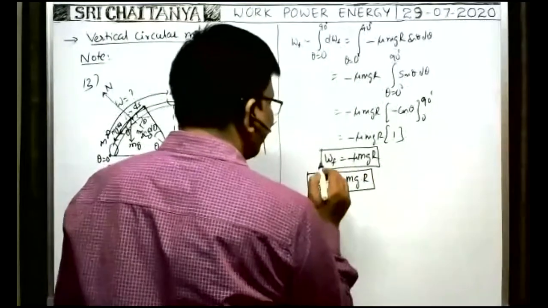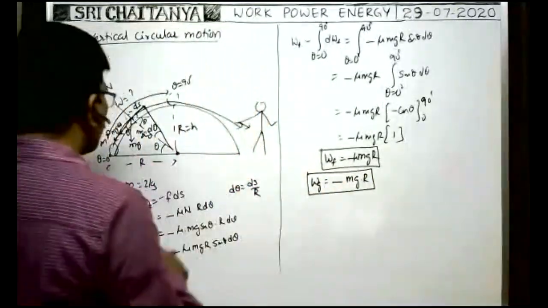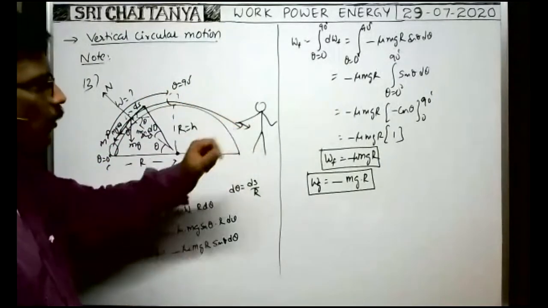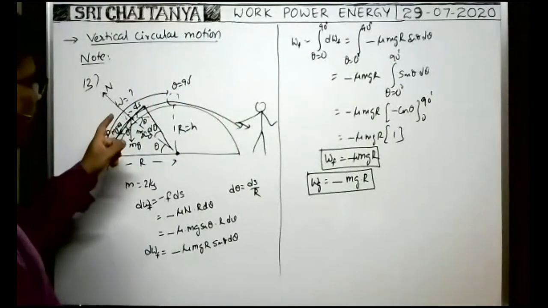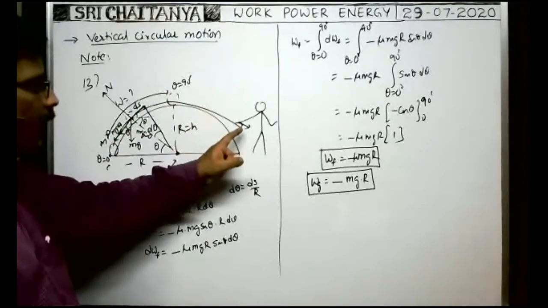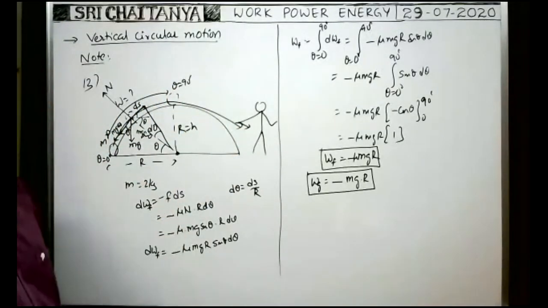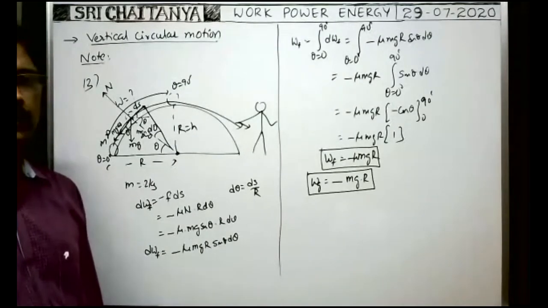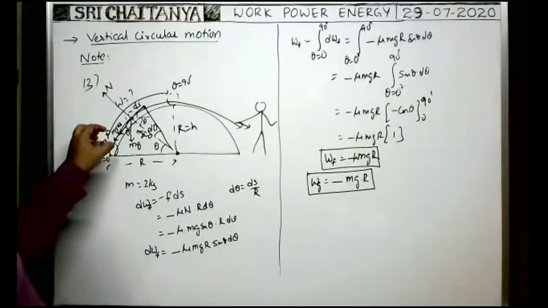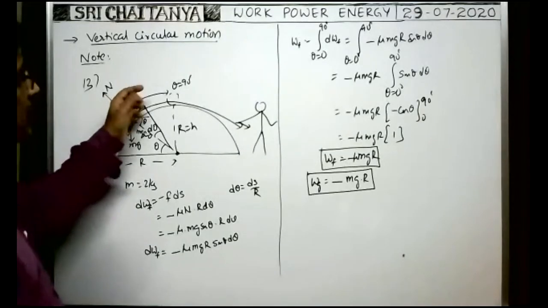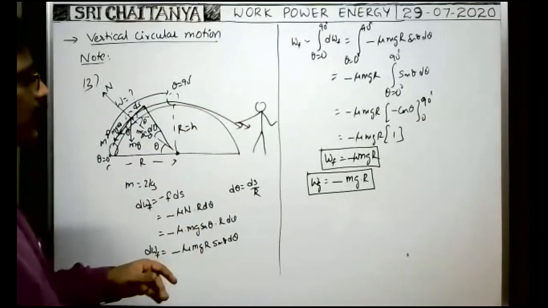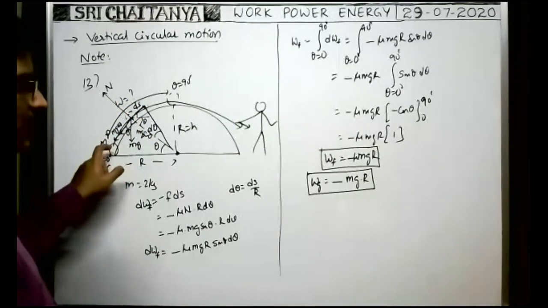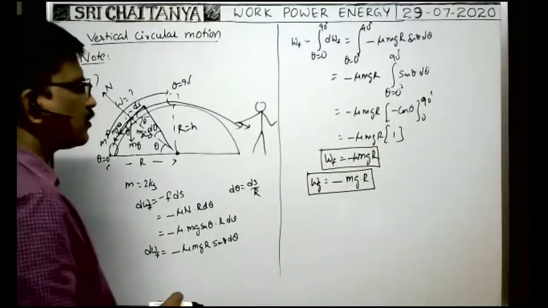What is the work done by tension? Here actually, this body is pulled by the string, which is pulled by the man. The body is pulled by the string that is pulled by the man, isn't it? All of you stop your video sharings. So the body is pulled by the string, which is in turn pulled by the man. What is the work done by the string on this body?